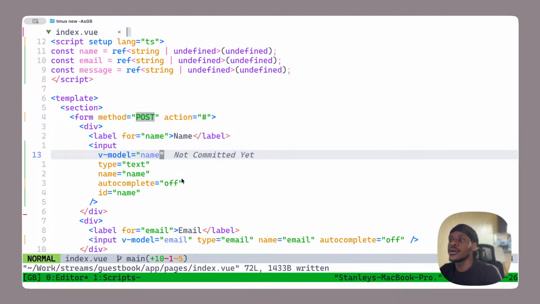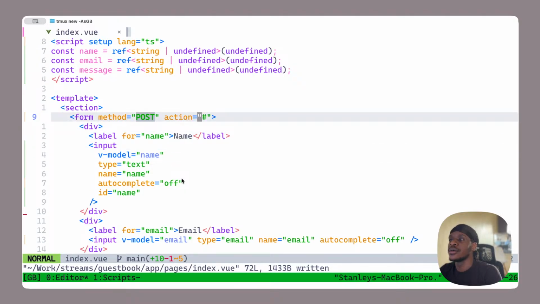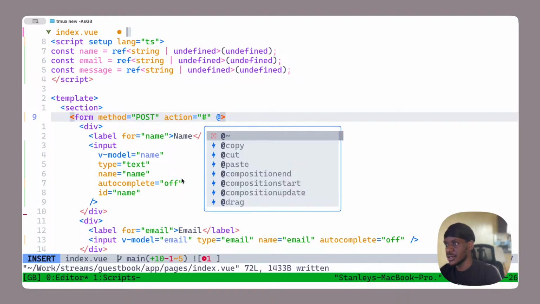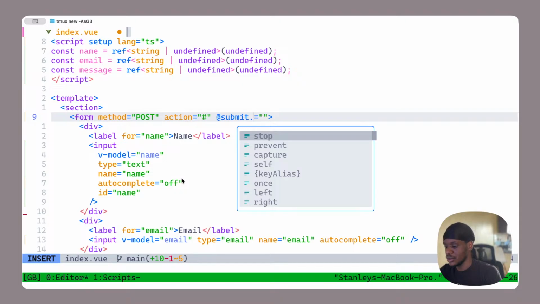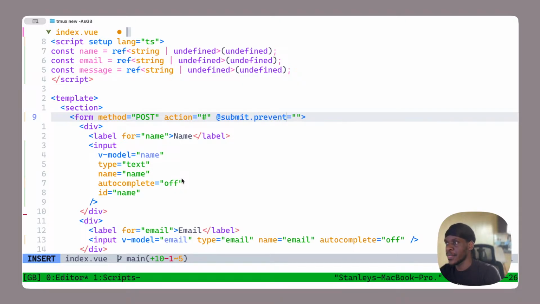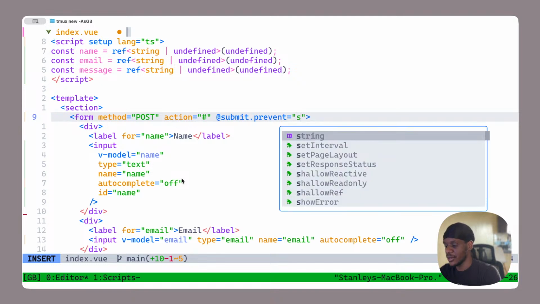So what we're gonna do here, we're gonna come here and use Vue event handlers, which usually start with at, then the event name, submit. So we want to prevent the default browser action. So we call prevent. Then here we call the function to be called. Then we can say our function, we've not created the function yet. Sign